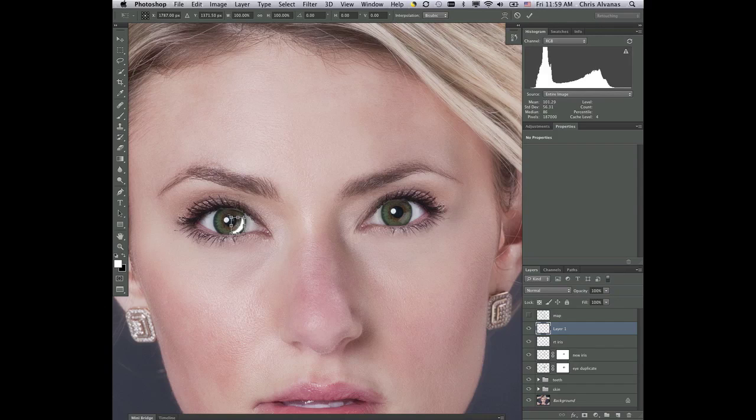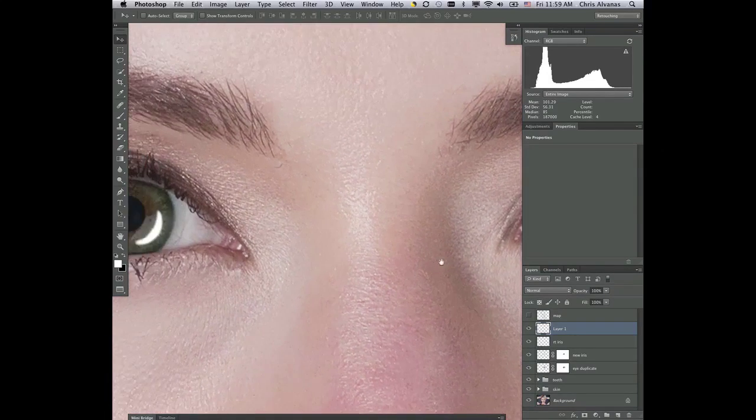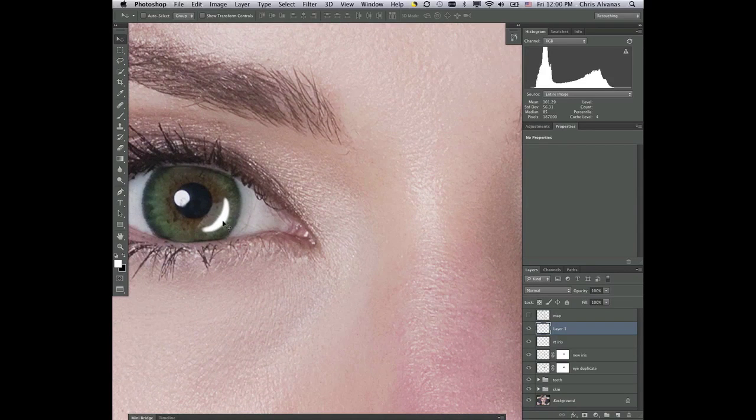Holding the Shift and Option key down, I can make this a little bit smaller. I'm going to zoom in a little bit tighter so we can see this. Now I can move this to where I want. I notice that it's not quite shaped with her eye. So if I hit the free transform button, I can also go up here to warp, and now I can pull these corners back a little bit